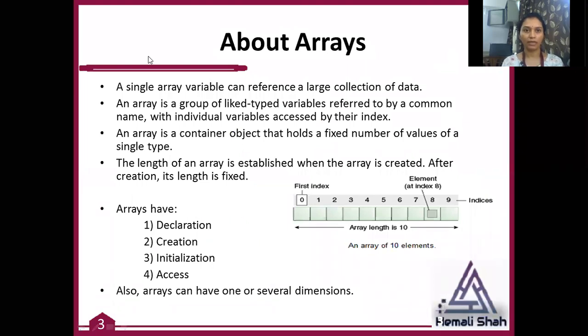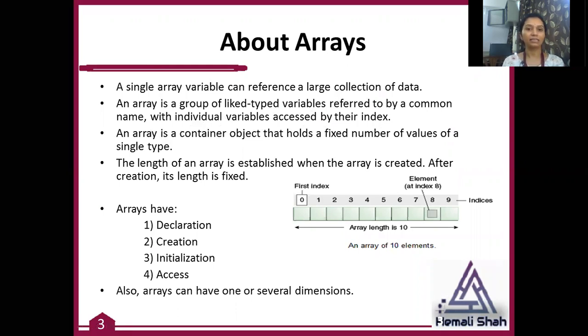First, about array. A single array variable can refer to a large collection of data. An array is a group of like-typed variables referred to by a common name, with individual variables accessed by their index. You can access an individual variable by using the index syntax.